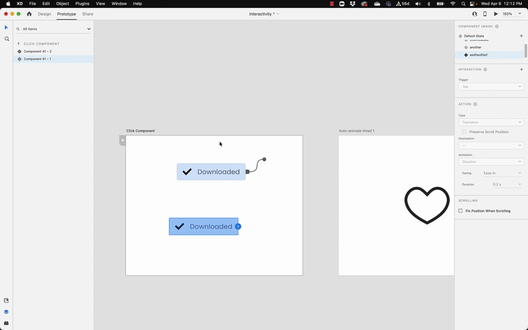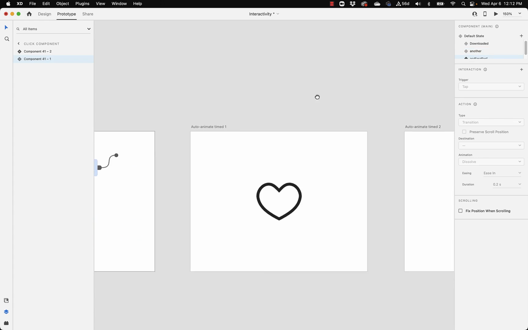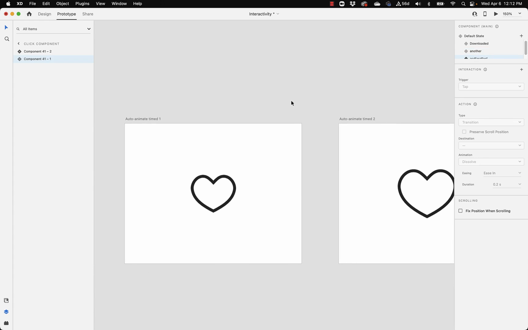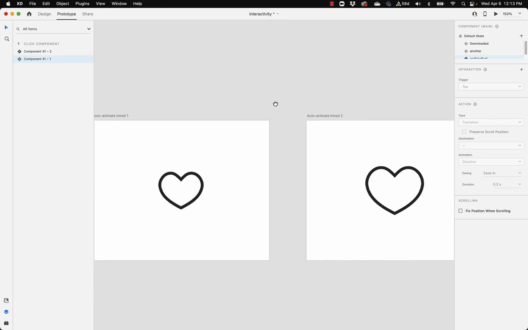That's great. Say I'm building a form, and you want a button that says enter, and a button that says cancel, or something like that. So you have two different things that happen. You can go ahead and do these states. But what if you want one that doesn't rely on taps? Maybe you want to tap something and go through multiple states in a timed version, and that's what this auto